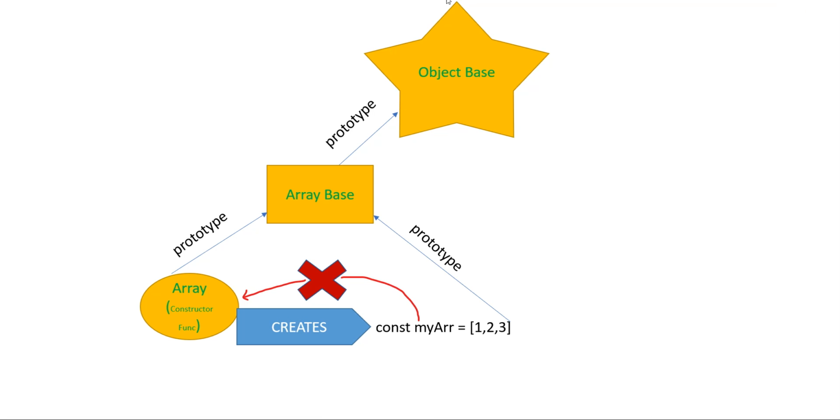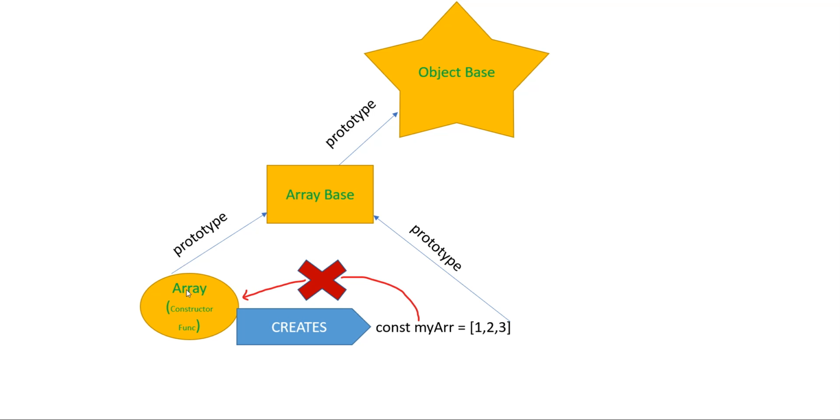On top here, we have the object base, capital O Object.prototype, right? Now, going down the chain again, we see array base. Now, this is new. Going down the prototype chain from array base, we have capital Array. This is the Array constructor. Okay, this Array constructor's prototype is the array base. That's why when we do capital A Array.prototype, it gives us the array base, because the base is